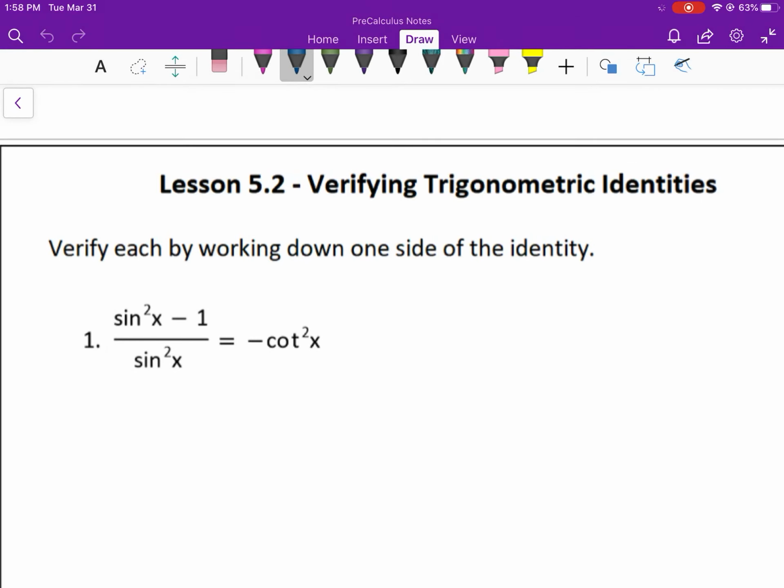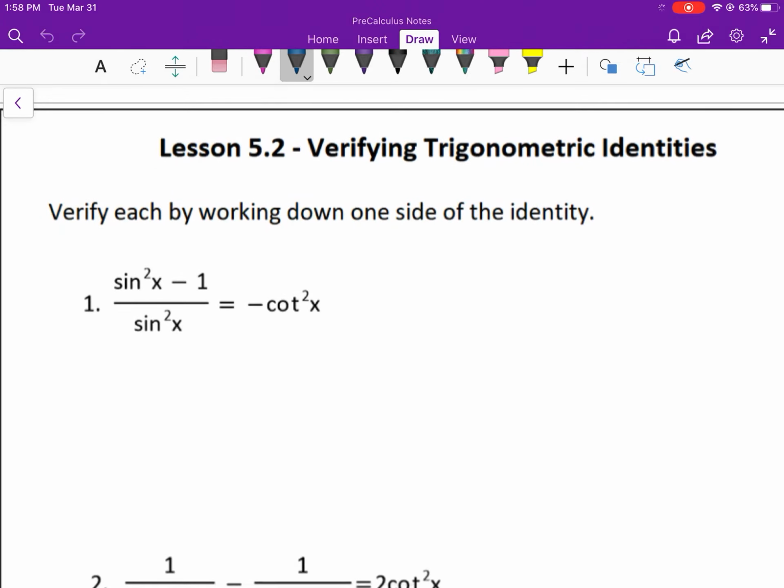Pre-calculus. Today we're going to cover lesson 5.2. These are your notes over verifying trig identities. So if you recall from chapter 4, we verified identities back in chapter 4, and we talked about there being